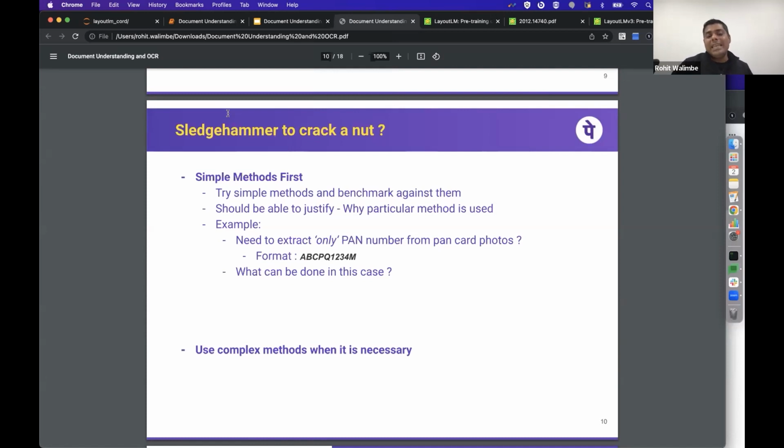So that says we don't have to always go complex. If the solution actually demands a complex method, only then should we go ahead and start working on those methods. One good thing about trying out simpler methods first